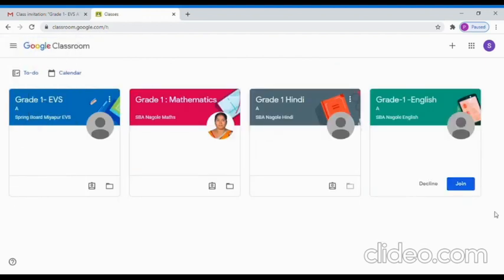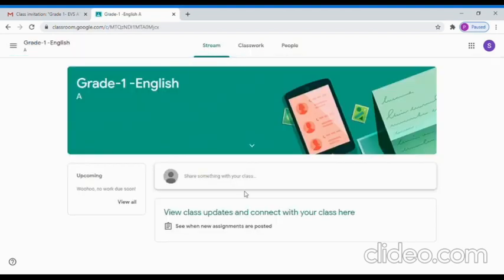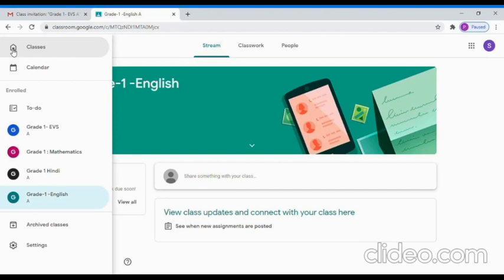The same process, and now I'm joining English. So when I go to the menu and check the list, I've enrolled into all these classes: grade 1 EVS, grade 1 maths, Hindi, and so on. The process is the same whether it is preschool, primary, or high school.